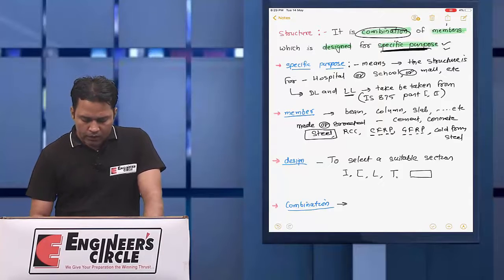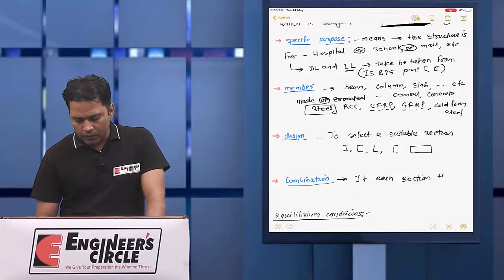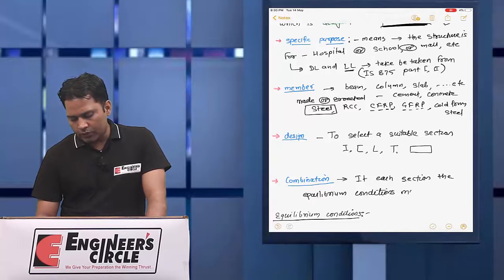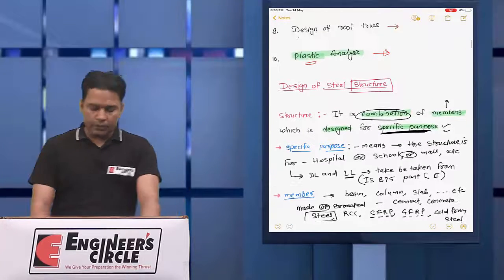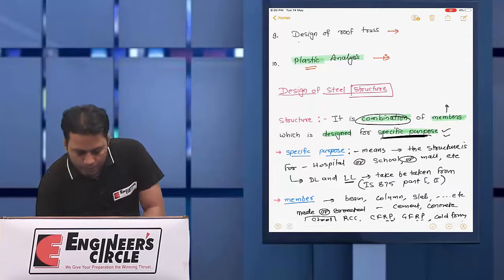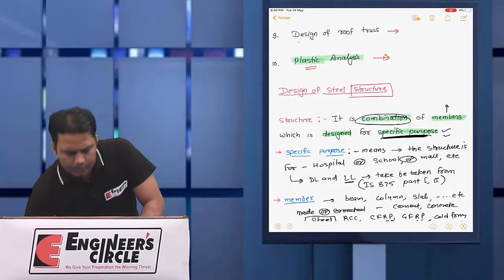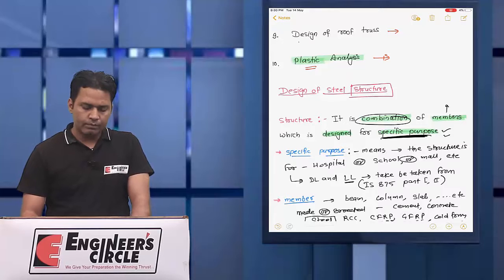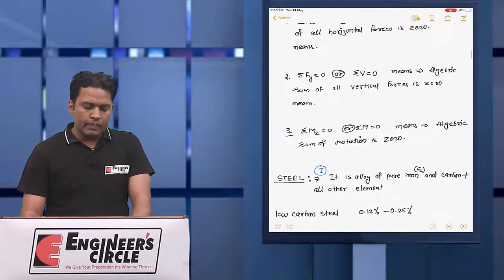So combination means that at every section the equilibrium condition must be satisfied.